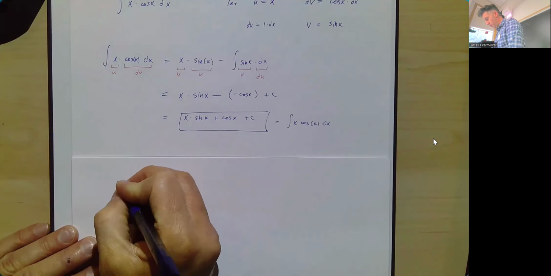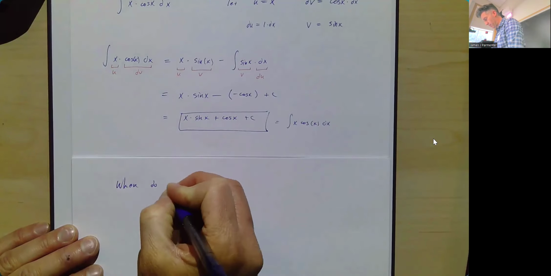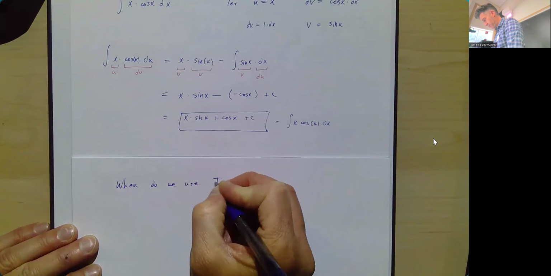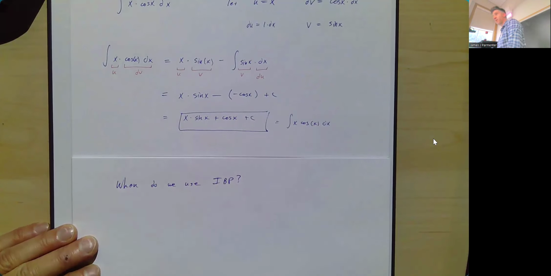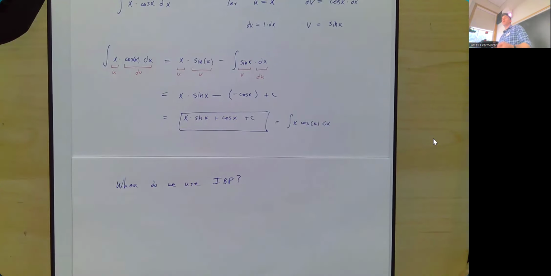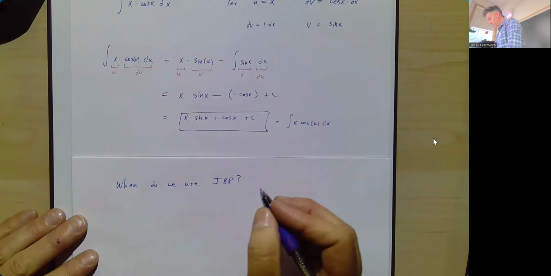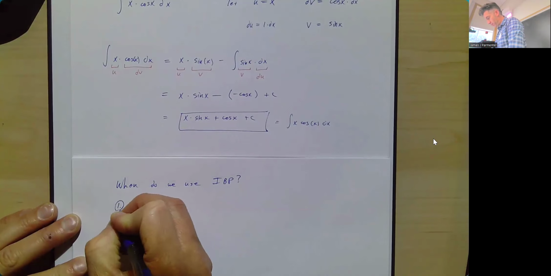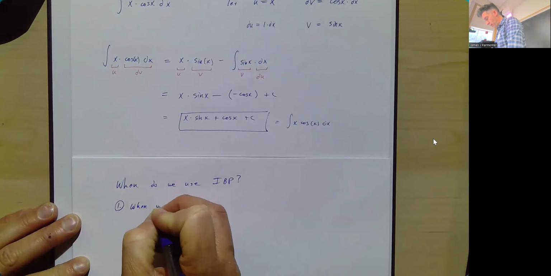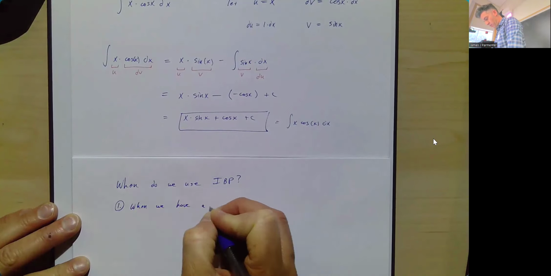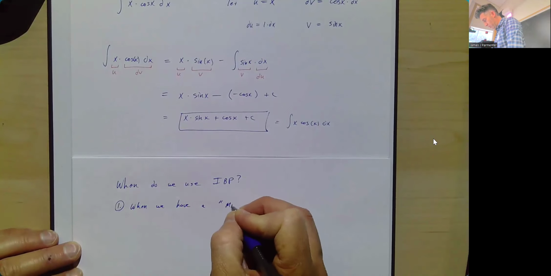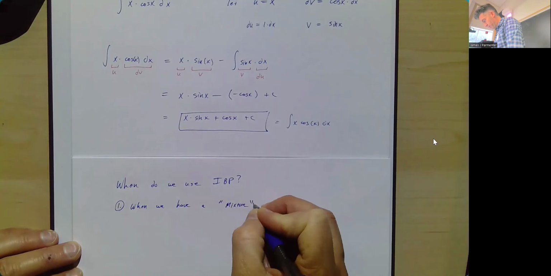So when do we use integration by parts? So I would say the first thing we're going to look for is you need to have a mixture of functions. So one, when we have a quote unquote mixture of functions,